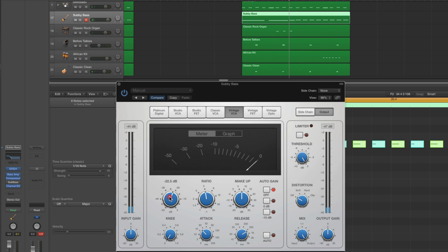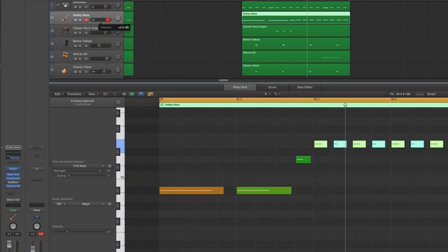The threshold's here at just below 20, just above 20, sorry. Longish release, just over 500 milliseconds. You don't want this release to be short, so that the compressor can recover in between these notes, right? I've got the makeup gain just a smidge over 7 dB, 7.5, to get a nice loud bass here, right? But the thing is, on the EXS sampler